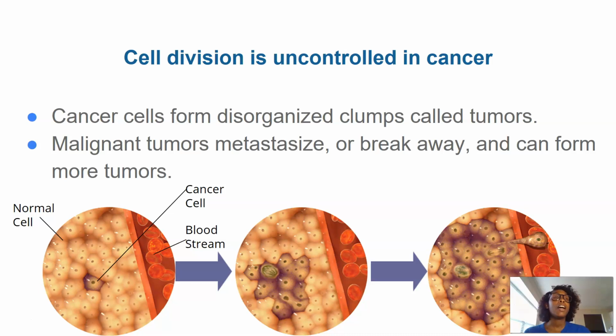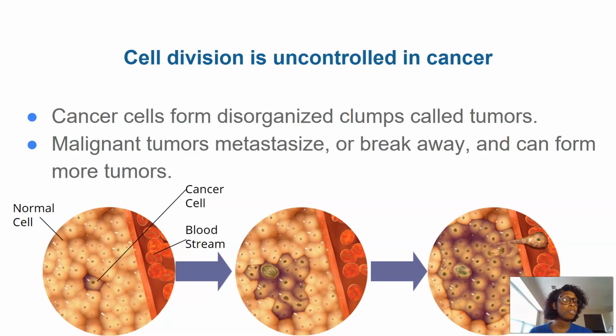So what if other things may occur? If we were to go back and look at the external factors that prevented cell growth, I made an example: if the cells are touching each other, it will stop growth. But what if it doesn't and it continues to grow? This is what cancer is. Cancer is disorganized clumps called tumors. This is where the cell is constantly growing and constantly dividing, and now it's clumping up.